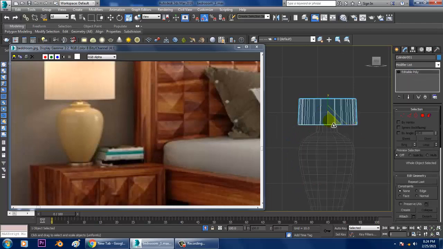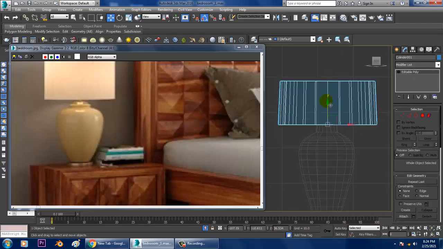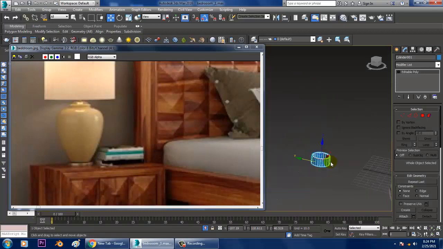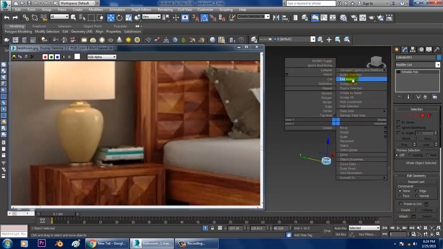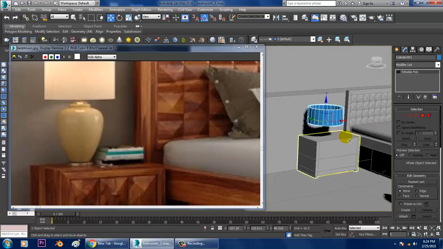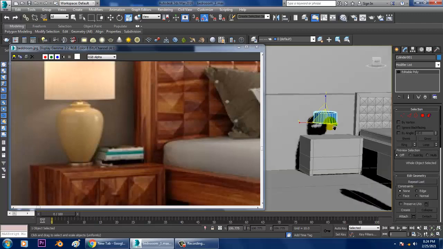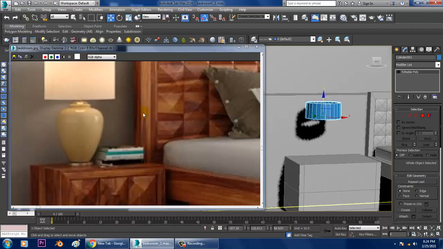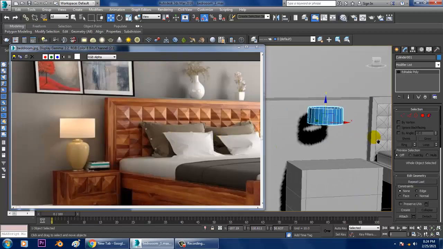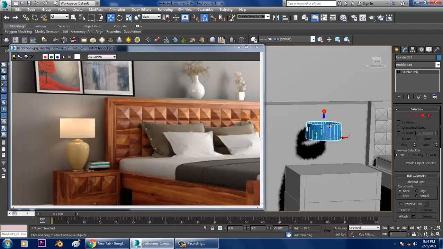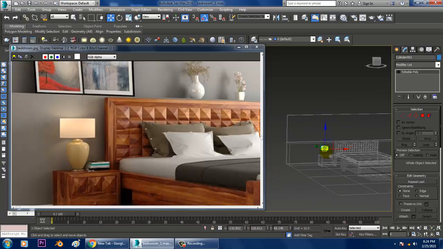Select this and we can resize this and isolate it. Slightly we can push it up a bit over here.